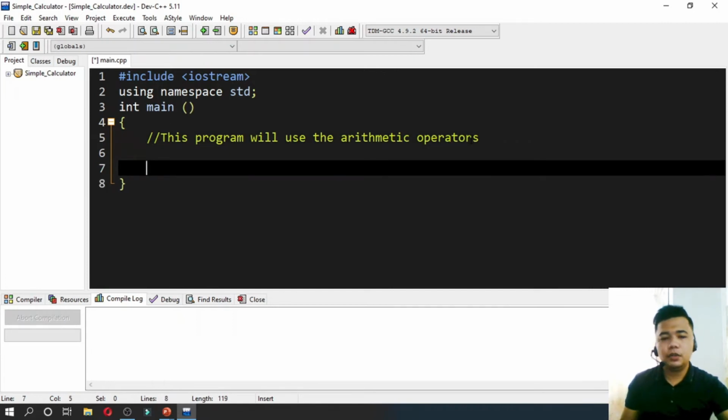Alright, so let's start. What would be our variables? So we have int. This is just a calculator that will allow us to perform multiple arithmetic operators with 2 values only. So we have, let's say, num1 for our first number, and num2 for our second number,